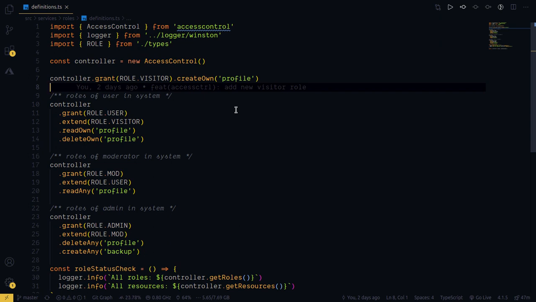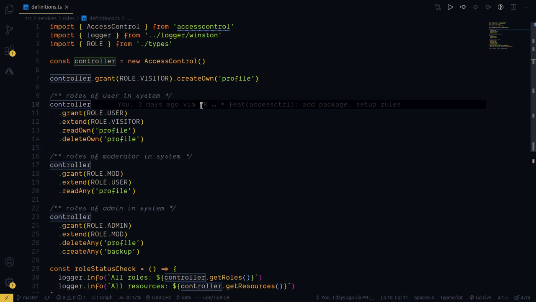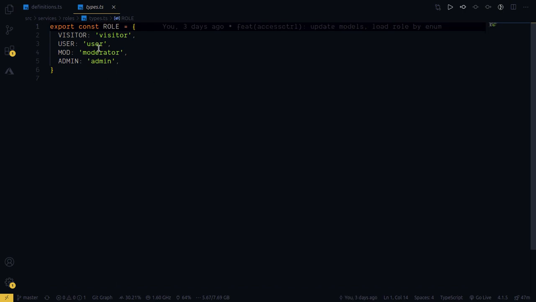So we're using this npm package called access control. This one is a pretty old package, and here we are defining the rules that are there. So in the system there are four roles: visitor, user, moderator and an admin. Every person who is not a part of the organization or someone who is not logged in, we are giving them the role of visitor, and by default any person who does not have any credentials is said to be a visitor. And the others are user.